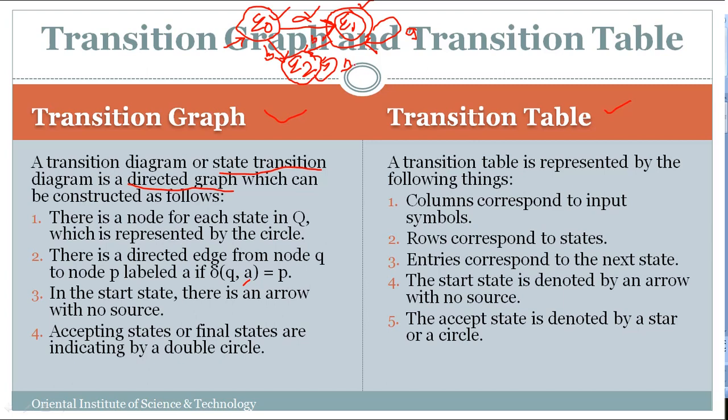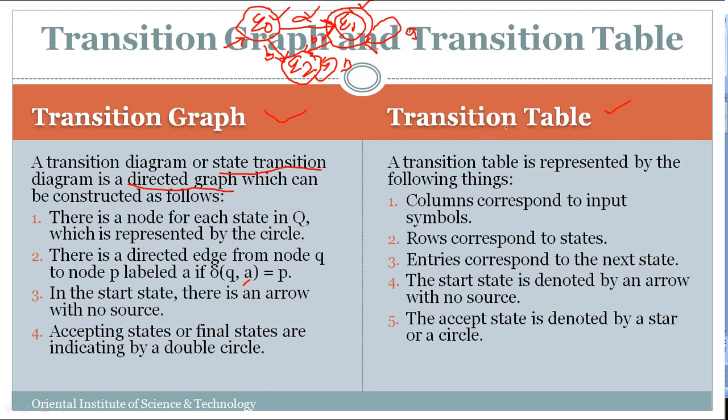So in this way you can design a finite automata. What should we remember? All states are represented by circles. All transitions are represented by directed links with weighted edges. The directed links should be weighted by the input, and the initial state should have an arrow coming from nowhere. It is simply an arrow, and all final states are marked with a double circle. So in this way you can represent a transition diagram or transition graph.